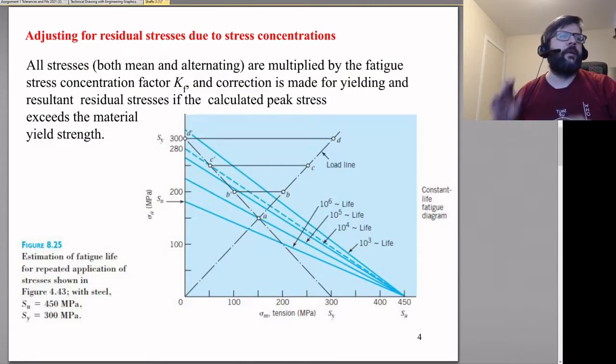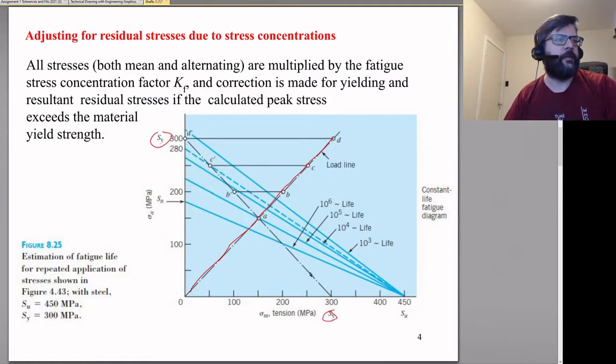So when we're looking at our Goodman graph, what happens is that we would go ahead and do our calculation for the loading condition. As we increase our loading, in this case we're assuming that it's following some sort of load line, so we're increasing both the amplitude and the mean at the same rate. But as it gets loaded up, if you get past the point where you're operating on this SY line, then basically